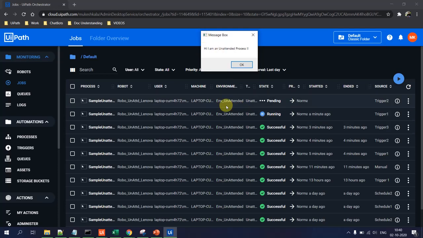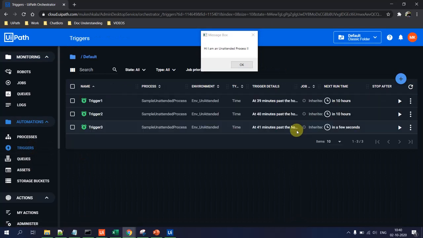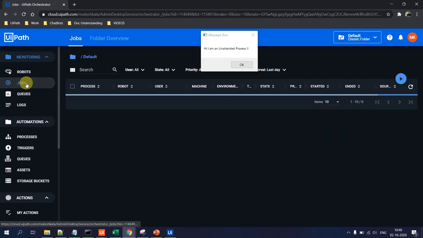Okay, so now you can see the second job is also in the pending state. Okay, so we have not clicked OK for the first one, and still the second one is in pending state. Okay, now if I go to the triggers, you will see in a few seconds one more trigger is going to execute at 10:41. So as of now it is 10:40. So we already have one pending job in the same robot, and one other one is going to execute in a few seconds. Okay, so if I go to the jobs now,